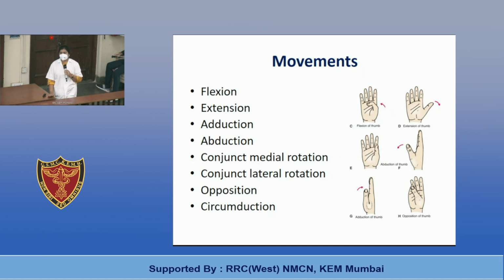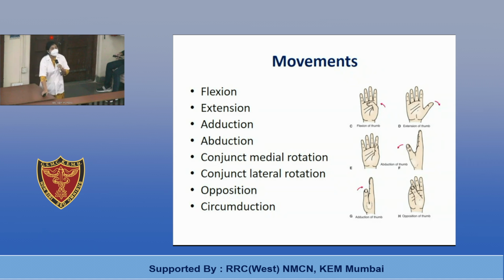Yes. Conjunct rotation means it occurs as a part of some other movement. Adjunct rotation is produced actively by contraction of muscles. So adjunct medial and lateral rotation at the knee joint is only possible when your foot is off the ground. When the foot is on the ground, you are locking and unlocking your knee joint. Along with locking and unlocking, the rotation that occurs is called conjunct medial and lateral rotation.